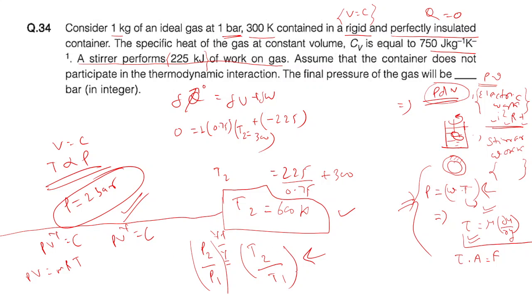Actually, from when I derived this equation, one assumption is there: the process would be reversible, right? It is valid only for a reversible and adiabatic process. Yes, sir. From this assumption only it has started, right? Yes, sir. And here, whenever electric work and stirrer work come, then the process is irreversible. Keep that in mind.